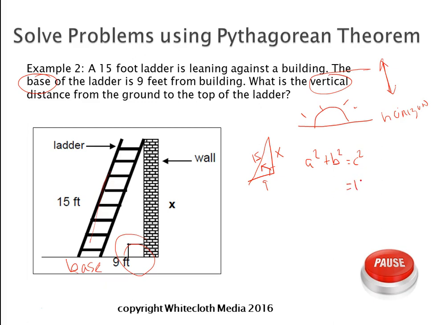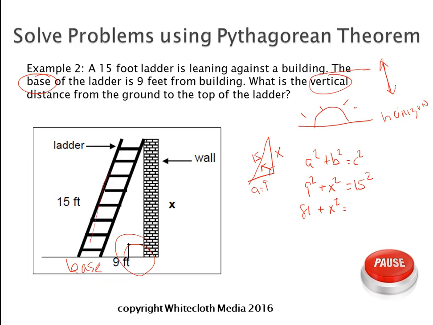So that means C is 15, so I have 15 squared there. It doesn't matter, I can call this A or B. I'll call it A equals 9. So now I have 9 squared plus, and I'll call it x squared since I have x there. All right, so now again, I just solved. 9 squared is 81 plus x squared,